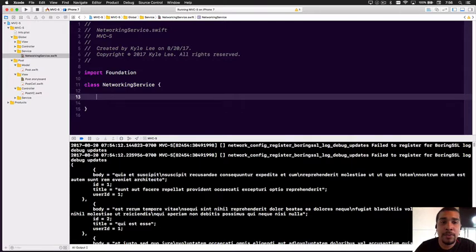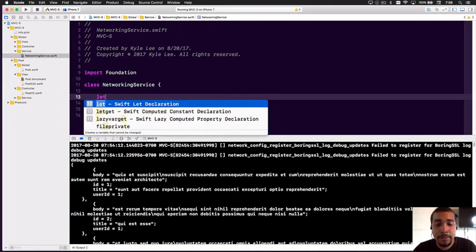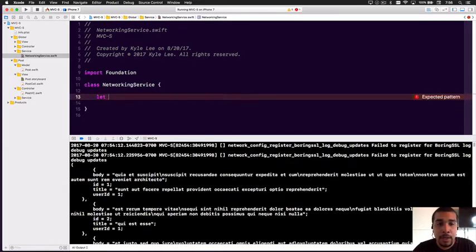And the first thing that I'm going to do, since this is going to be a networking service and it requires a lot of threading, is add a Singleton instance. That just means that we're always going to be using the same networking service object. We're not going to create new ones or anything like that. We're always going to reference the same networking object. So let's go ahead and do that, and we'll actually have to do static. So static let